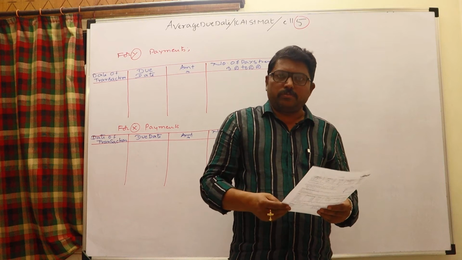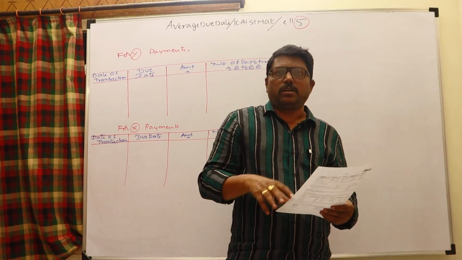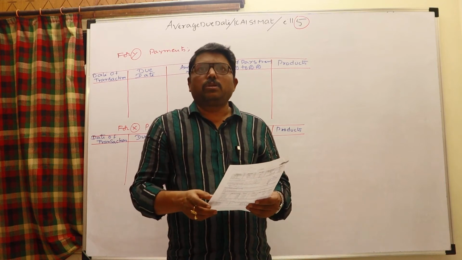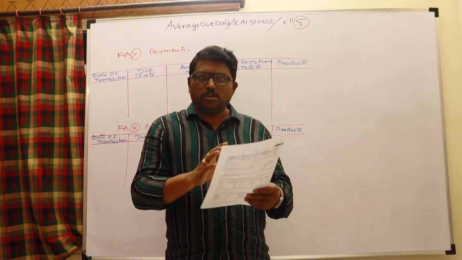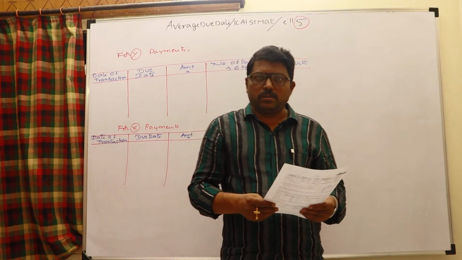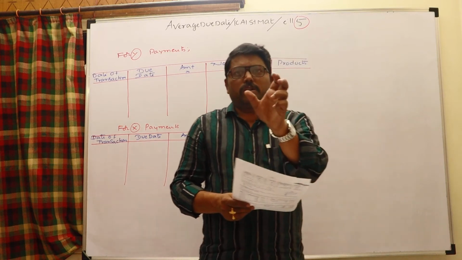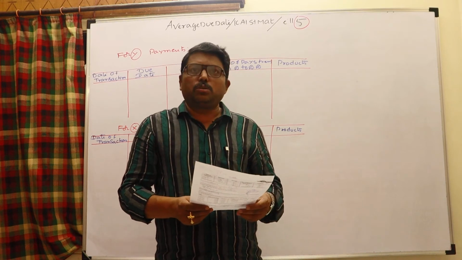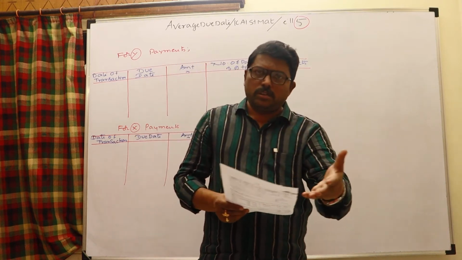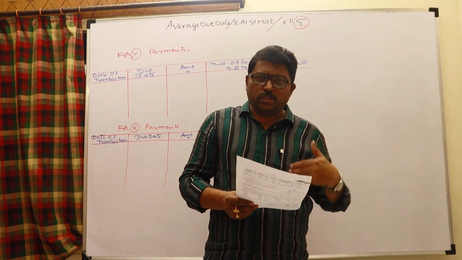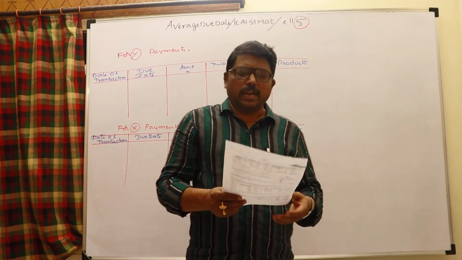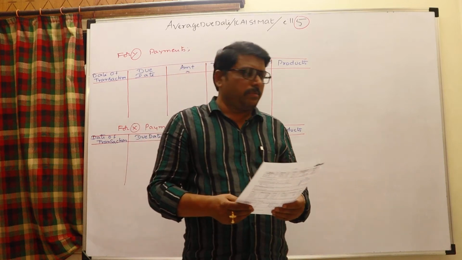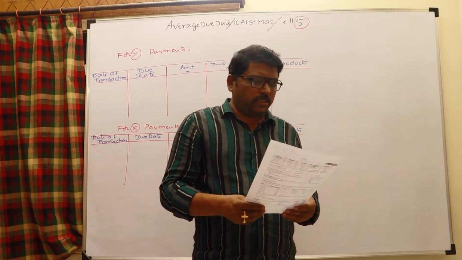Even here it is the same: we are due to him and due from him. In that case it is better to settle; we need not calculate two separate average due dates. Only for the difference amount can we calculate the average due date. So whenever we are due to the other party and the other party is due to us, we can see how to calculate the average due date. This is also a very important sum from the examination point of view.